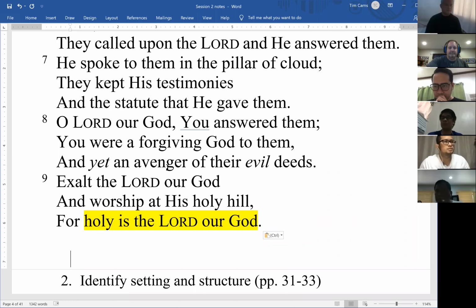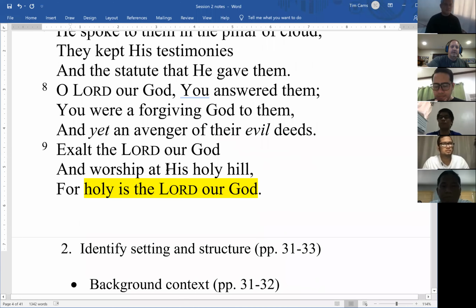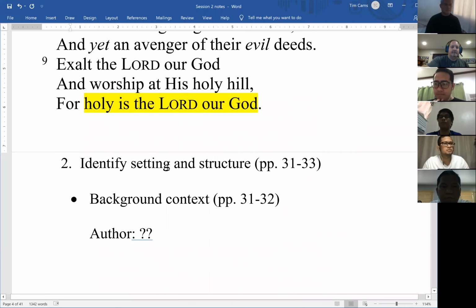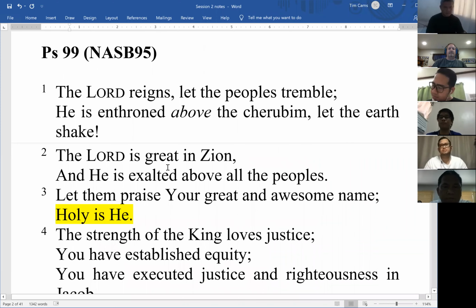Okay, very good. So you're reading out of the ESV there, but notice it was very similar. All right, so we don't see a title to this psalm, correct? So we aren't told who the author is explicitly, but what would you say about the author? What was his tone here? Is this psalm a lament, a prayer, or what's the tone?